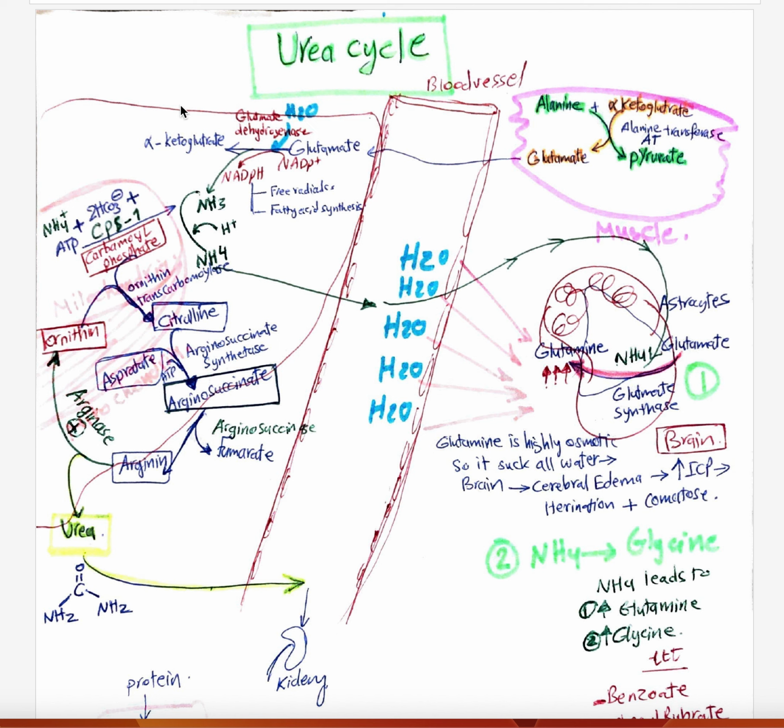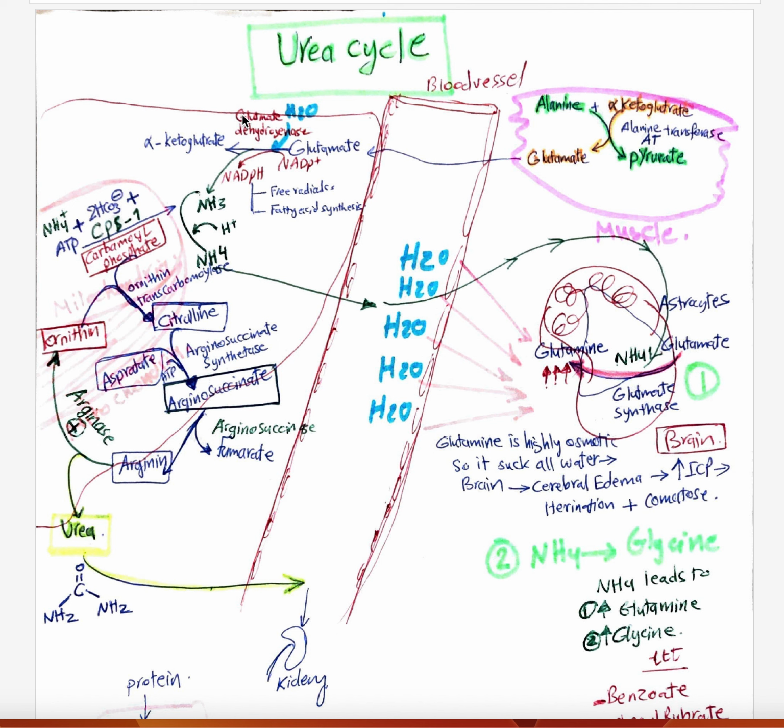But I want to talk about this reaction because it's a reversible reaction. The glutamate can turn into alpha-ketoglutarate, and this reaction leads to the production of ammonia, which is toxic. But because it's a reversible reaction, there should be an arrow here: glutamate dehydrogenase acts reversibly. So the alpha-ketoglutarate traps NH3, or ammonia, with the help of glutamate